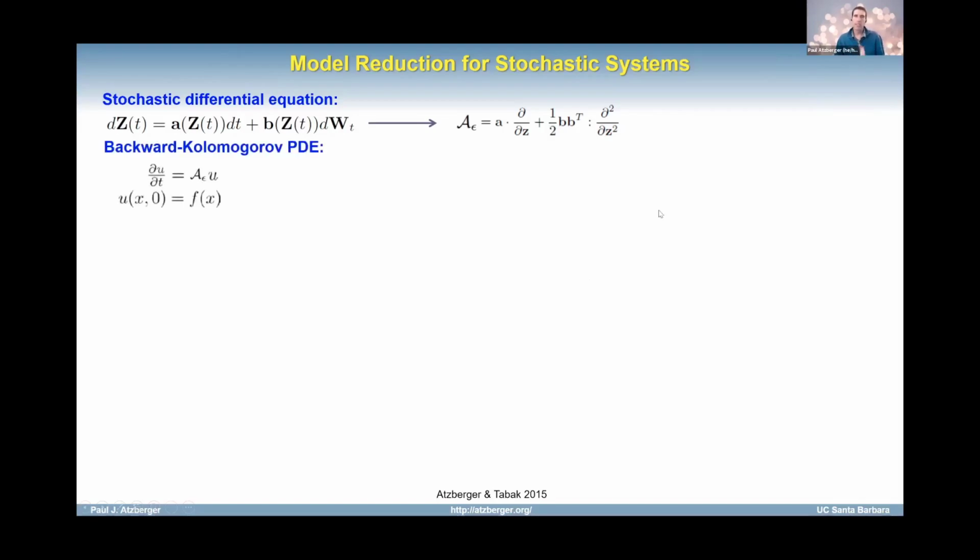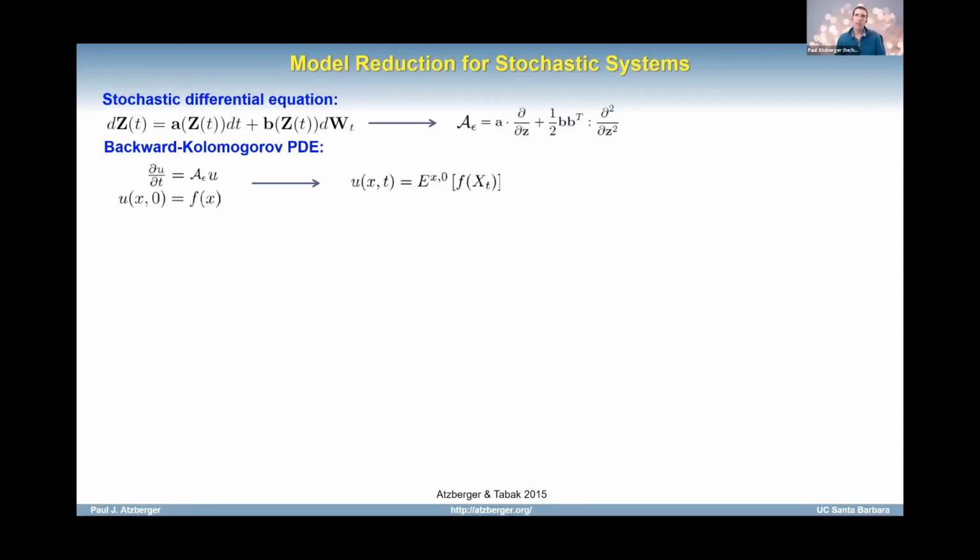Without going into all the details of it, the main takeaway is you can write down a PDE that characterizes all the statistics of your stochastic process, of the form: expectation, if you started the process at x at time 0, let it run for a time t. If you took the expectation of this function f, I'm going to define this as u of x, t. So now this f is kind of like a probing function that I'm allowed to choose. It can be anything I want, if I choose one that's smooth enough, of course.